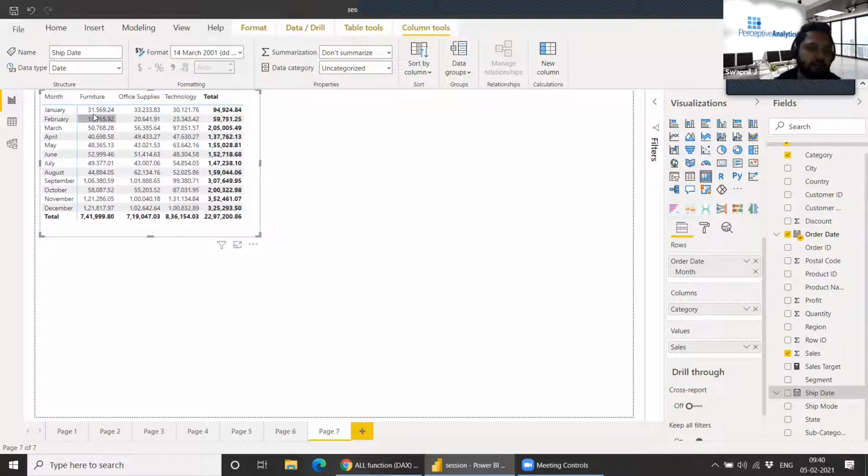That's because Power BI filters this data based on the columns and rows you have selected. I have to make sure my denominator is not affected by this filtration, so I can use the ALL function. It will remove the visual filters, so it won't filter my denominator based on furniture and so on.